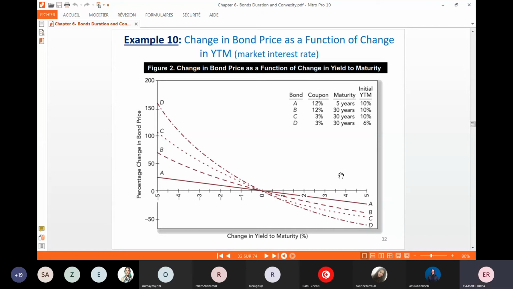Donc شو نقولوا هوني؟ The lower the initial yield to maturity at which the bond is issued, the higher its sensitivity to any change في market interest rates. معناتها وقت اللي yield to maturity initially is low، الريسك انه this yield to maturity increases ويخلي البرايس نتاعك يطيح is higher than when the yield to maturity is